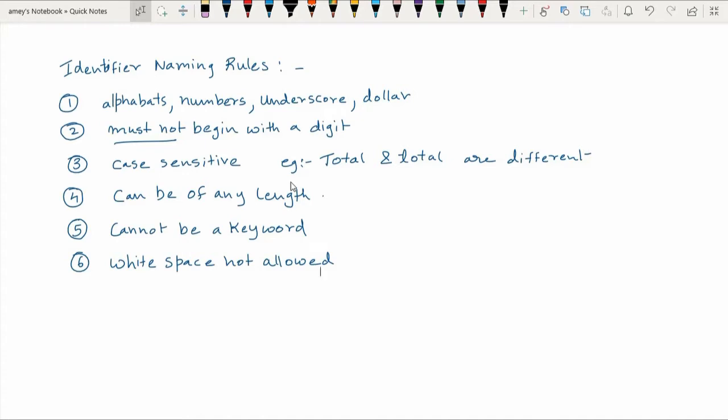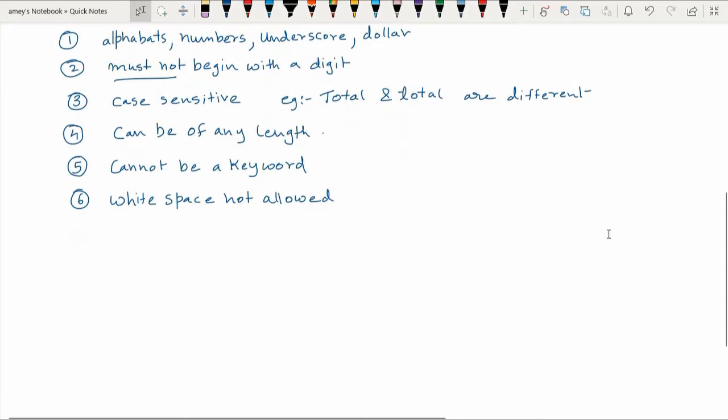Now these identifiers are basically used for naming different classes, methods, variables, object labels, and so on. Now one rule that Java programmers follow is that these identifiers must be meaningful. Suppose you are representing a simple interest.